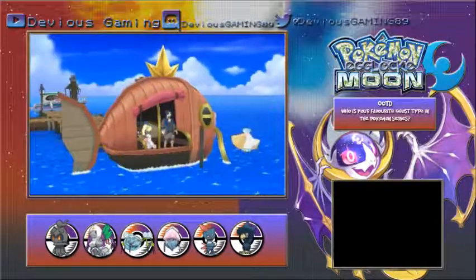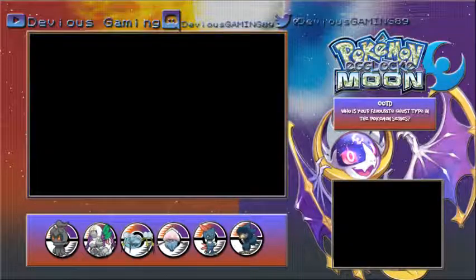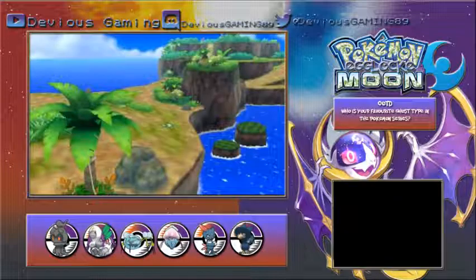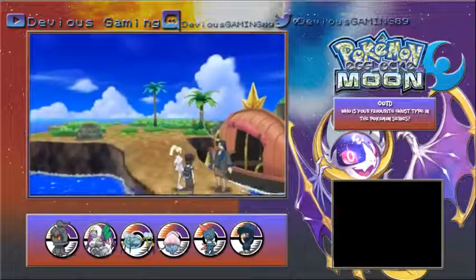So we have climbed aboard the SS Magikarp, and we are going to get a lift over to Exeggutor Island, where we will hunt down the Sun Flute, so we can go to the altar of the moon and summon Lunala with any luck. So here we are over on Exeggutor